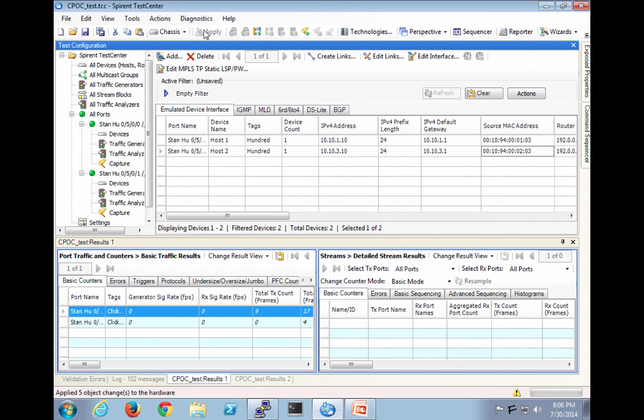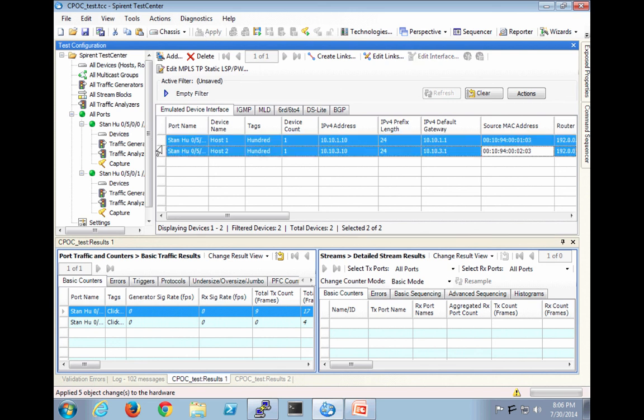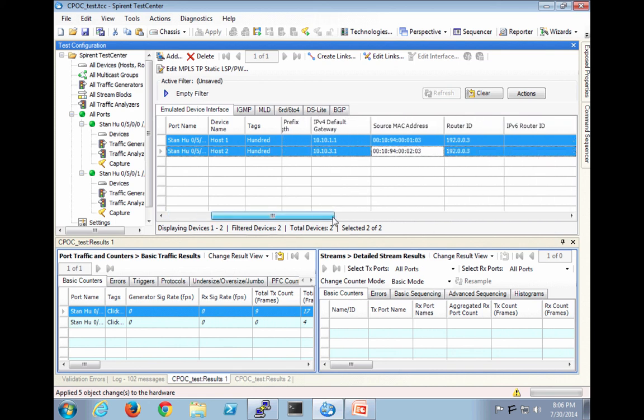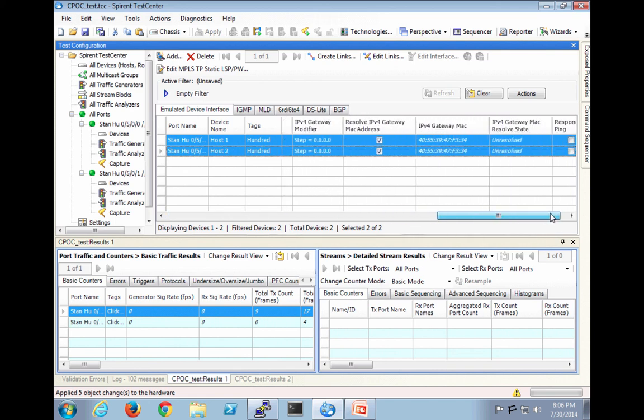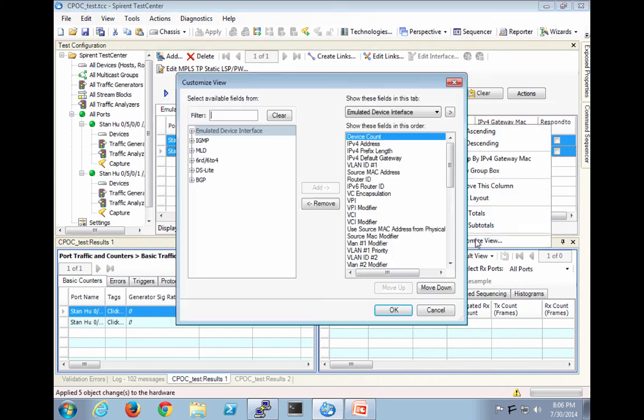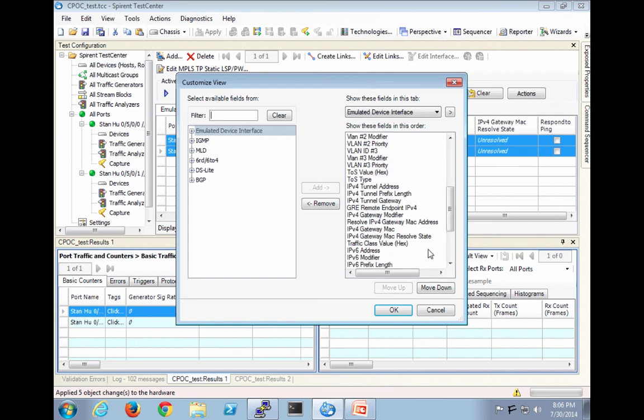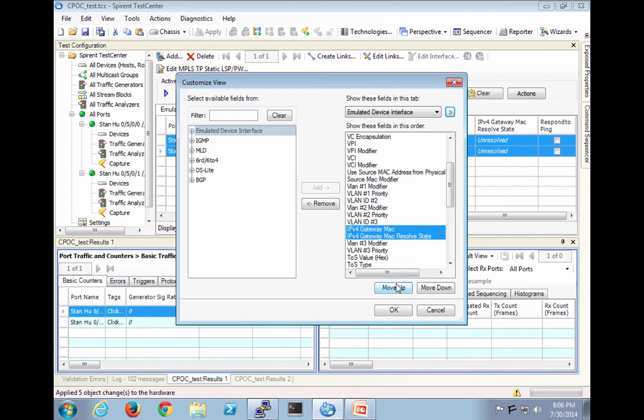So we have 2 different hosts, no big deal. And if we look at the second one, which we just created, if we move all the way over, oh, look, this one's unresolved now too, because we made a change to it. So let's go ahead, since we're new to this, and move the gateway address over. We can right-click and say Custom View, and we can move these up higher,